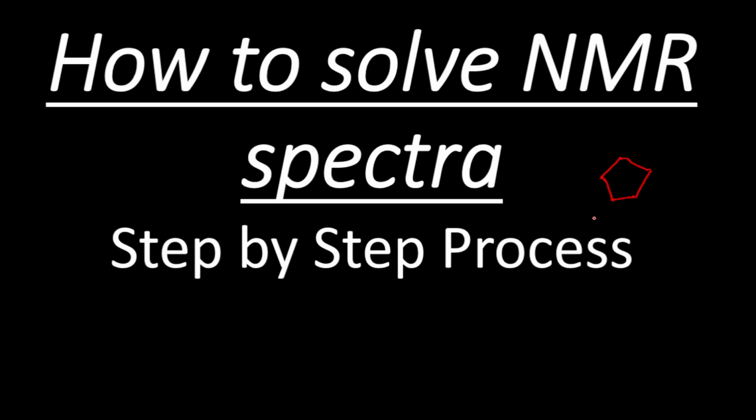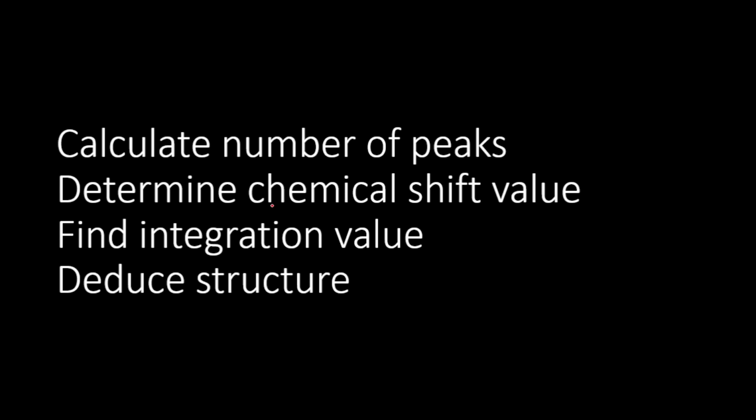Today we will solve another spectrum, that is of cyclopentane. Here the same rules apply. First of all, we will find the number of the peaks, as the number of the peaks tells us the different kinds of the protons or the carbon. Then we will find the chemical shift value, and then we will determine the integration values from the molecular formula